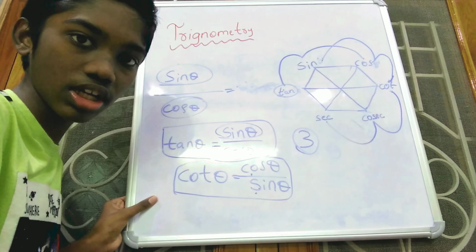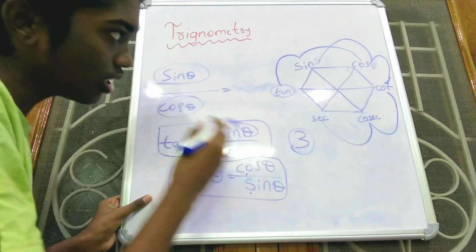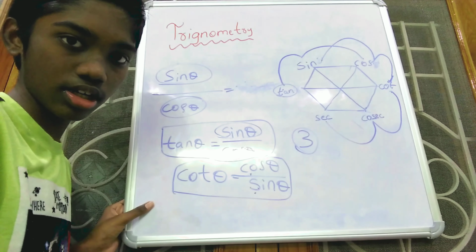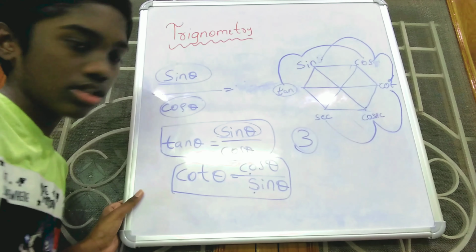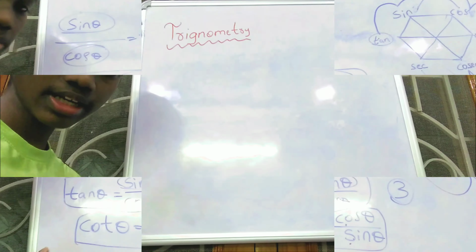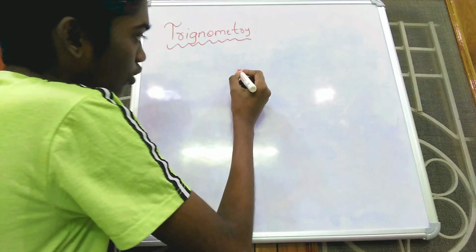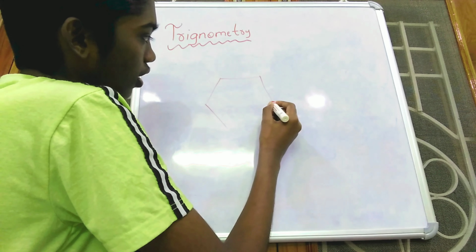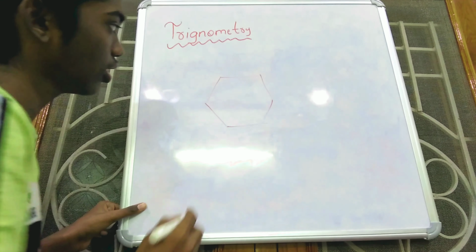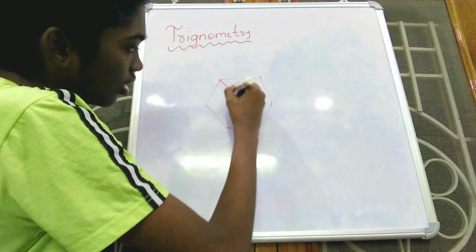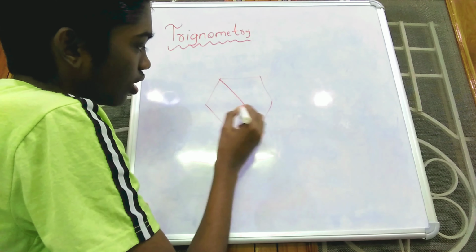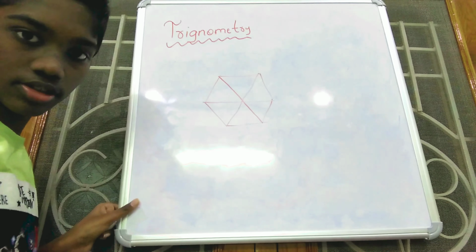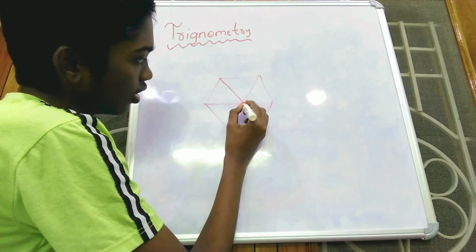We will also get one more extra formula by learning this super hexagon. This hexagon trick is called the super hexagon trick. Please remember this trick. It is very easy. To make the super hexagon, you simply draw a hexagon. You know how to draw a hexagon with 6 sides like this. Now join the opposite ends, meaning diagonals. Join like this. Then this will be the center.